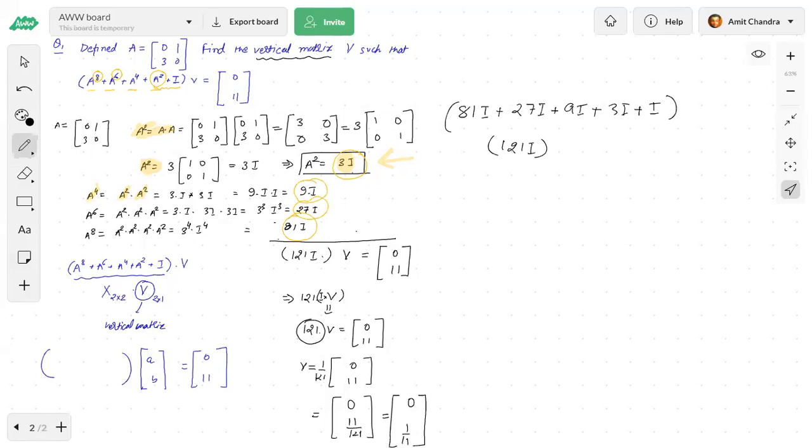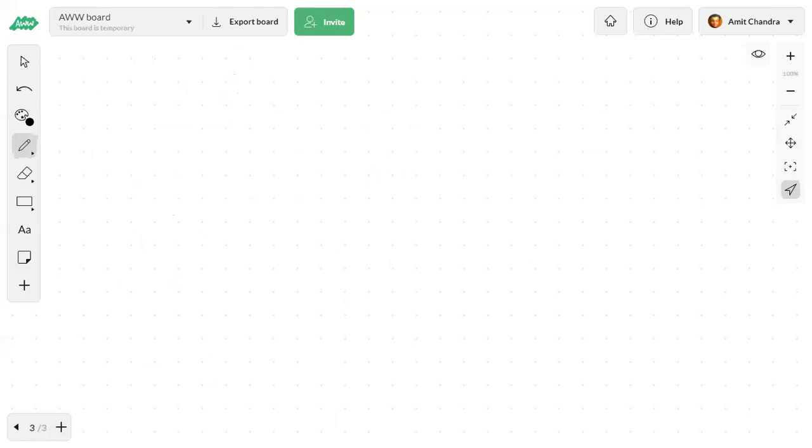On the right side, they have given V is equal to the matrix 0, 11, right? Now if I multiply this, this will be 121 into I into V. So this will give you V only, right? So this is 0, 11. Now you can just cross multiply here. So V is equal to 1 by 121 times this, and simply after solving. Understood? Fine. Very good. Okay, fine. Next question.